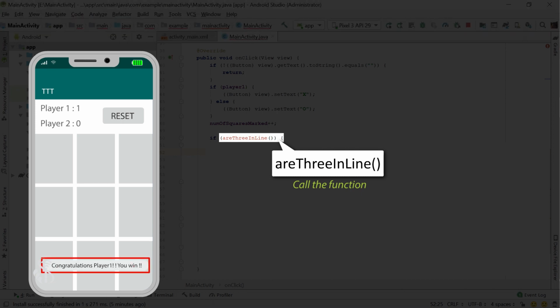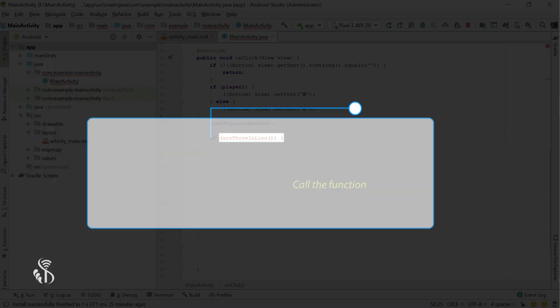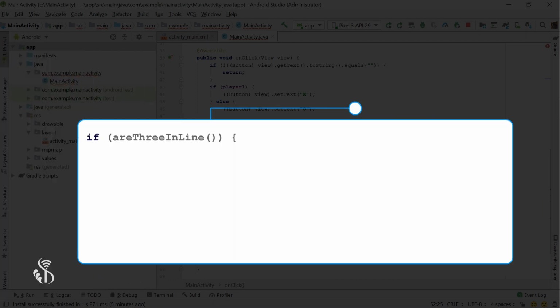In case this function returns true, and it is the turn of the first player, then we will increase his score by 1 and show a toast that the first player has won, and we will update the text in the text view. If the second player has won, then we will do all of this for the second player. if (r3inline()) { if (player1) {